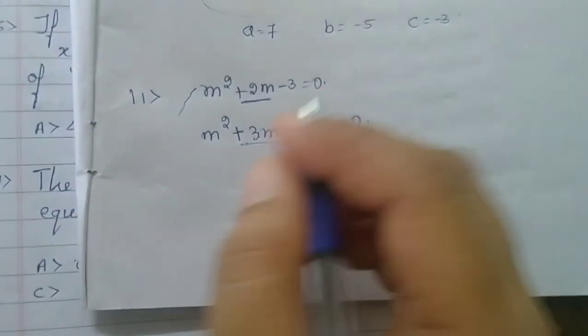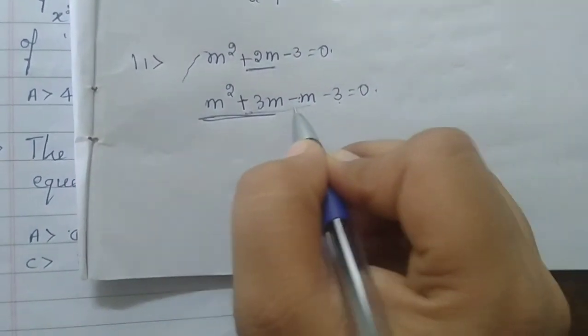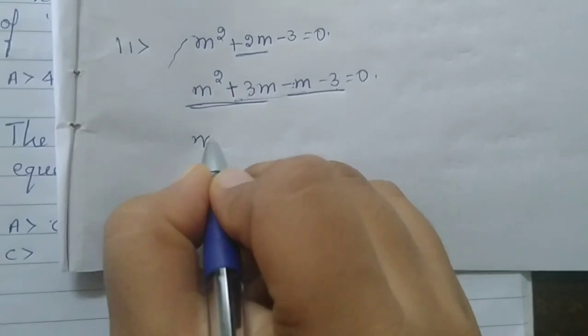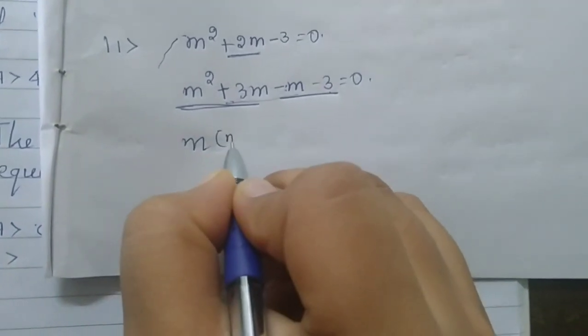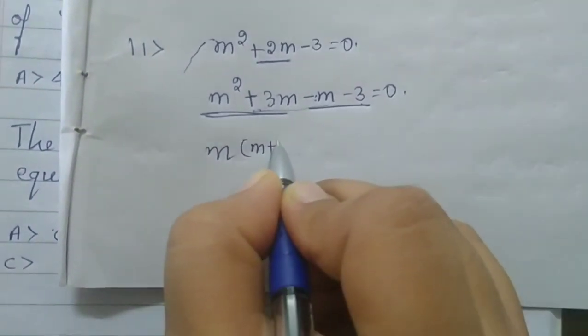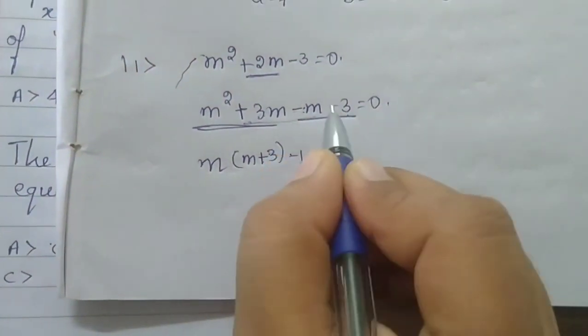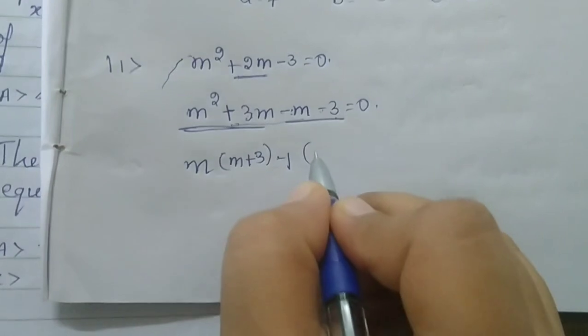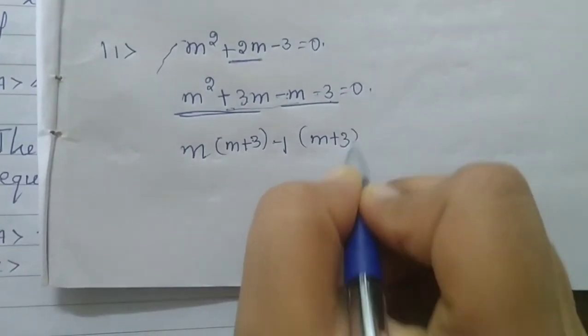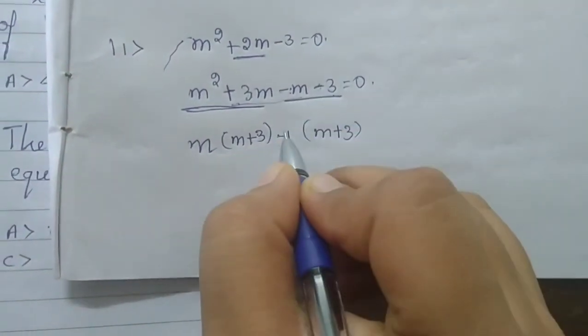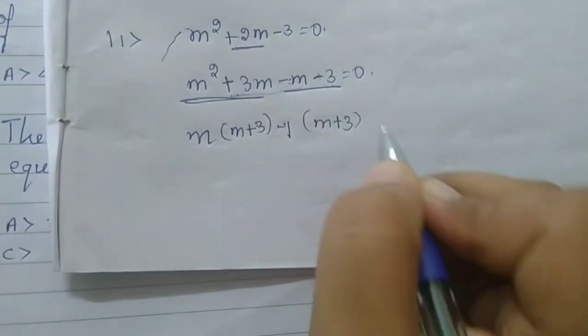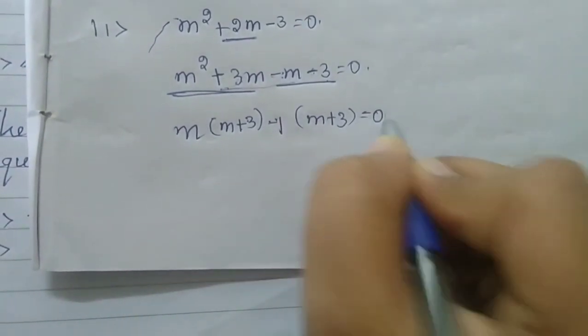Okay, so next thing is you have to split and take common thing. M is common over here. Next is m plus 3 is remaining. Here also minus 1 is common. Here you can see minus, minus, it is common. What is remaining? M plus 3. Already we have taken here minus sign outside. For that reason it will become plus here. So this will be equal to 0.